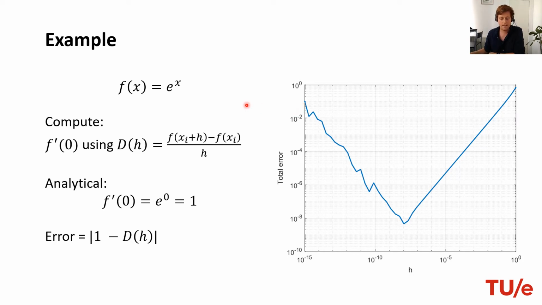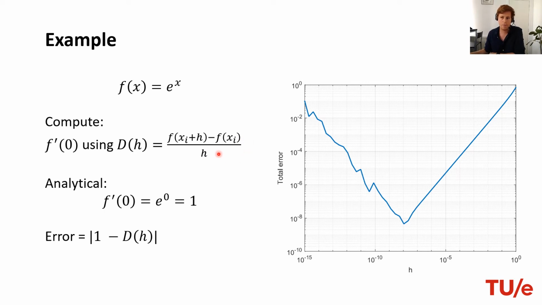Because when h gets smaller and smaller, in the numerator of this finite difference formula we start subtracting numbers which are closer and closer to each other, which we then divide by a very small number. So any rounding errors that we obtain in the numerator get amplified by this